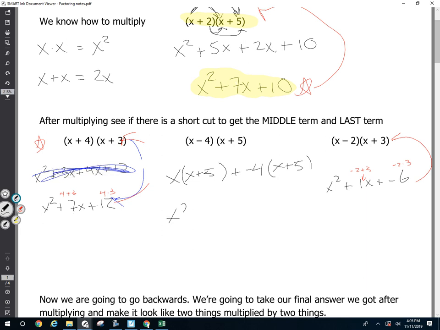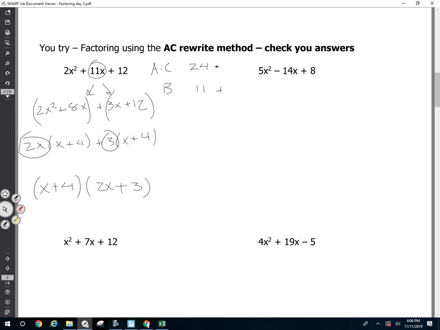And then it's x squared plus 5x plus negative 4x plus negative 20. And then it's x squared plus x plus negative 20. Did we do this? No. But going backwards, it actually helps us sometimes. But going backwards sometimes doesn't make much sense. We're just going to have to practice. Okay? So,